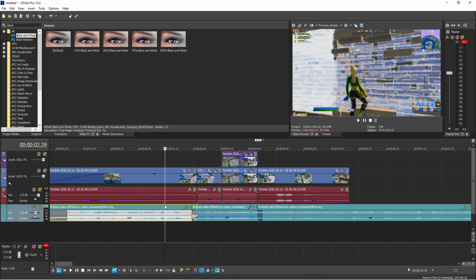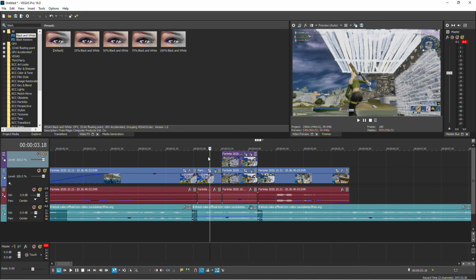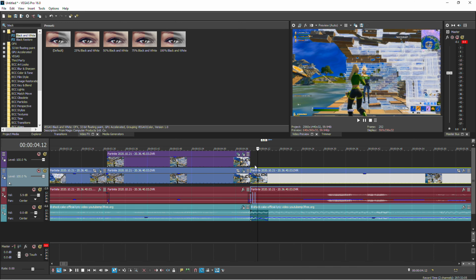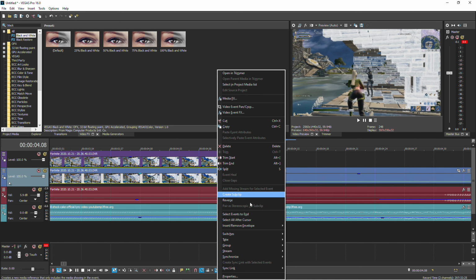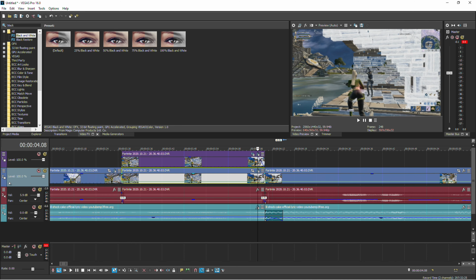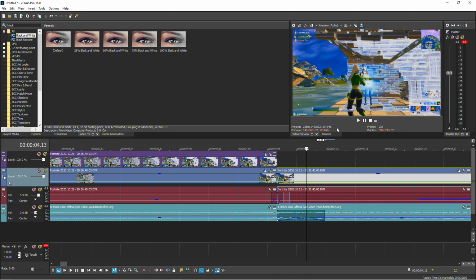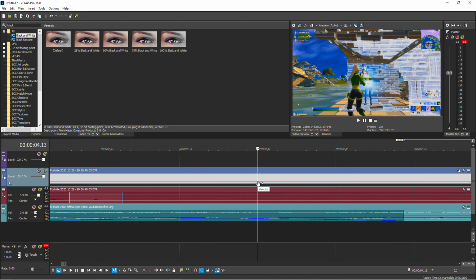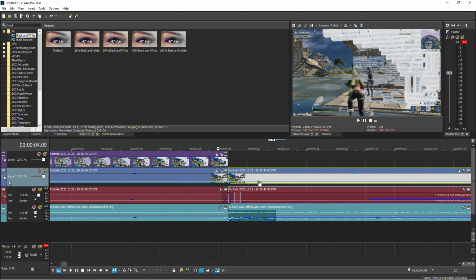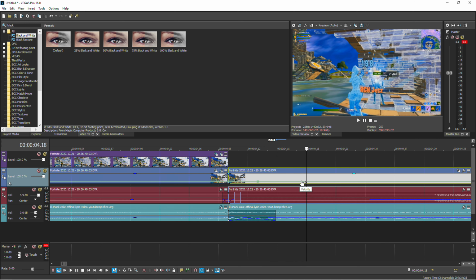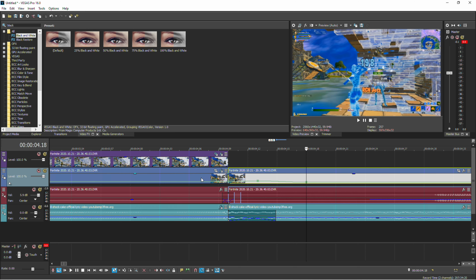And now what you want to do is add in your slow-mo or your velocity or whatever you want to use. I usually use velocity. So you want to go into your clip here and your other clip on the left and on the right, and make sure you go exactly on the kill, which is where the shots come up. I'm going to mark it there. You're going to go 1, 2, 3, 4 back. You want to go here, and then 1, 2, 3, 4, 5 from that. Put that to 50. Put this to 200, and then